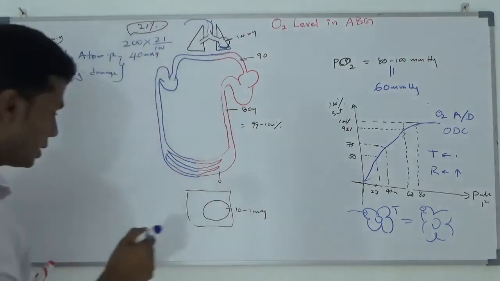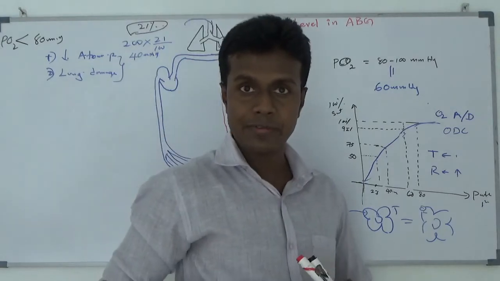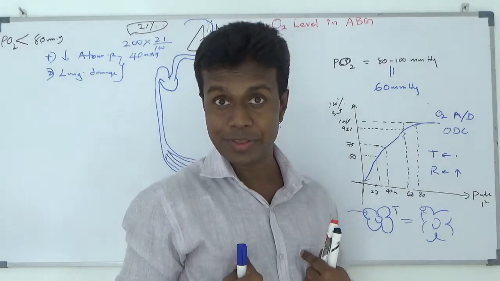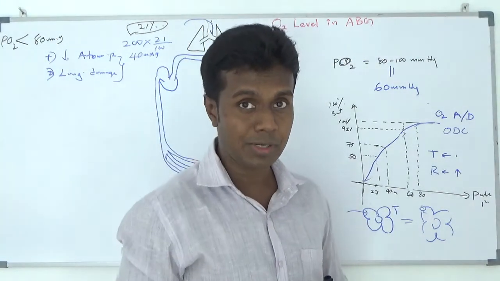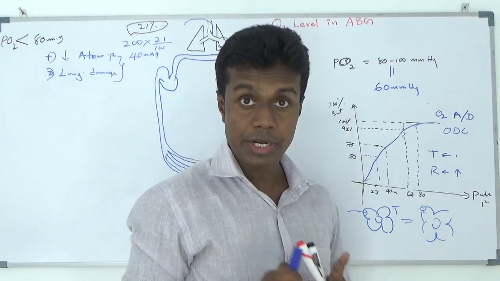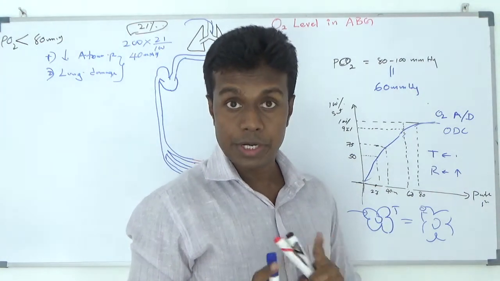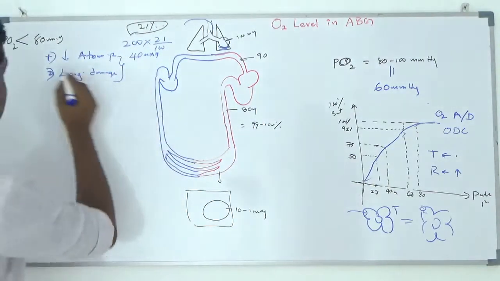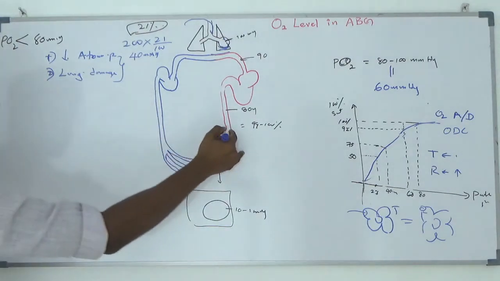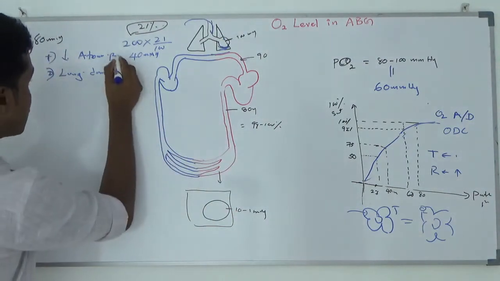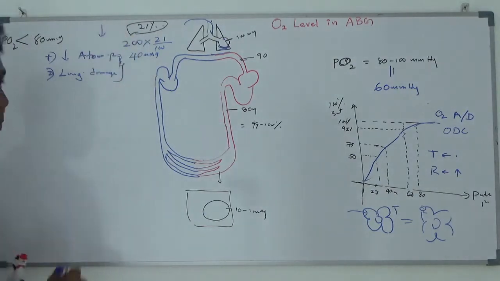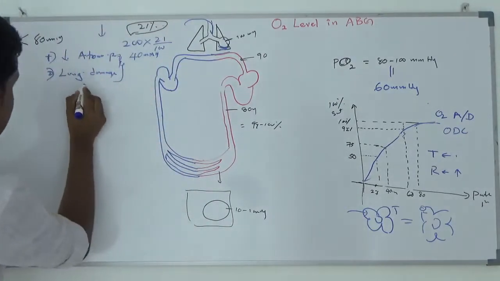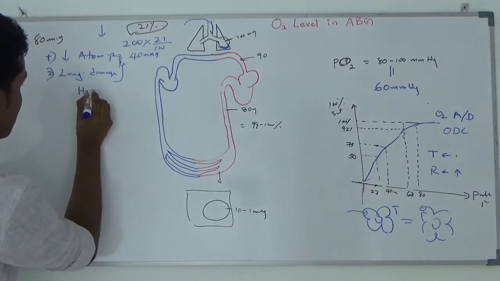Hypoxia: who is going to tell me the definition of hypoxia? It is for me, not for the exam. Just what is the definition of hypoxia? Reduced oxygen at the tissue level. Reduced oxygen at the tissue level is defined as hypoxia. So your patient developed hypoxia, or reduced partial pressure in the arterial blood and subsequently at the tissue level, due to reduced oxygen supply from the outside. Because of that, these two we are going to call hypoxic hypoxia.